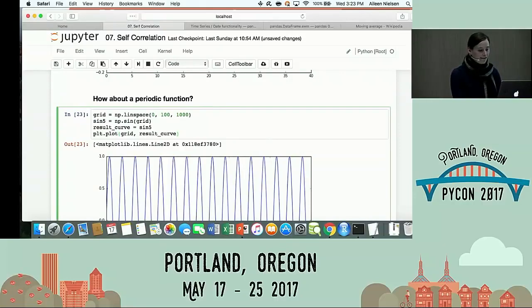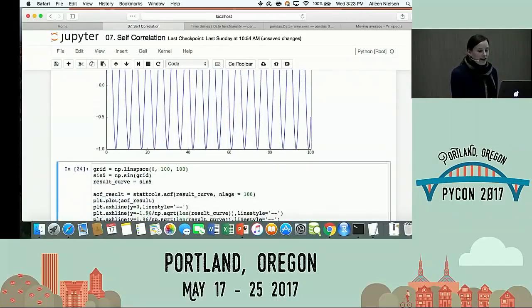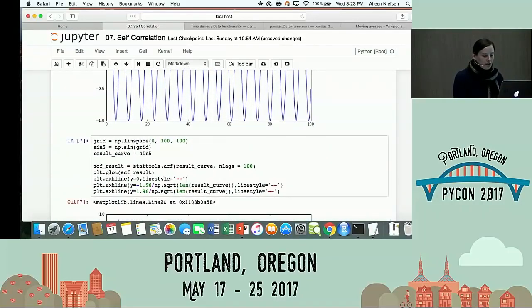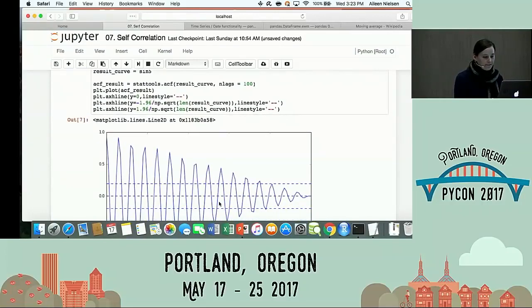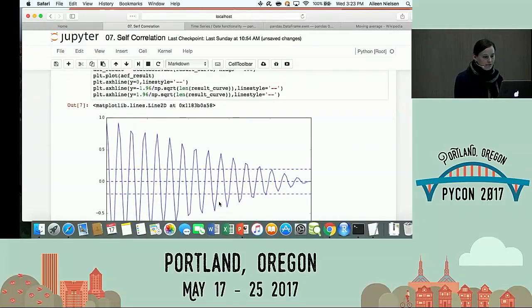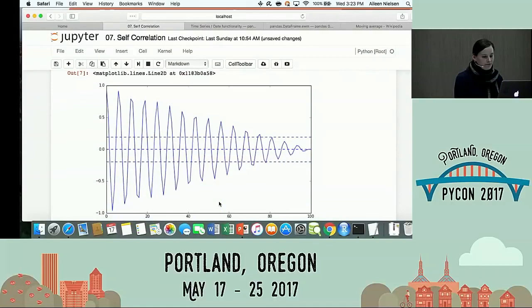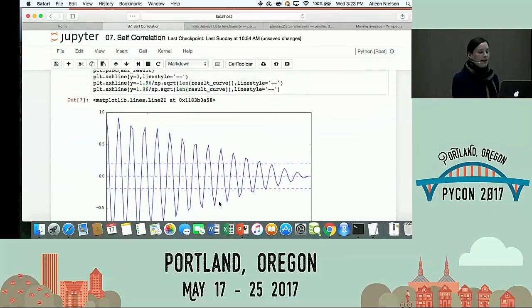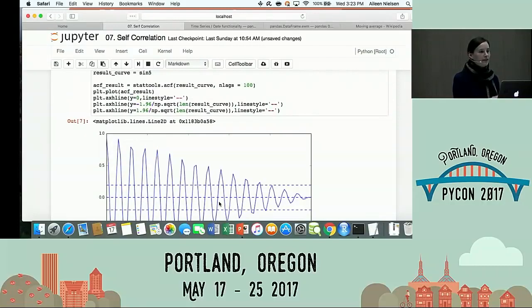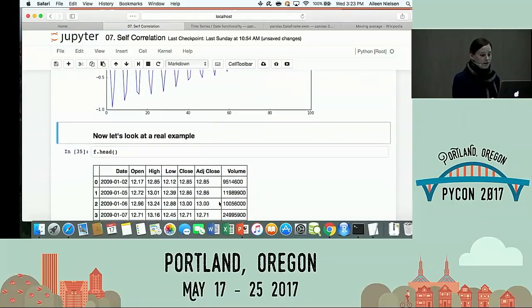What about a periodic function, though, right? So now let's look at a sine. Got a nice sine curve, and let's look at the autocorrelation there. And what do we see? It's like off the charts, right? And this is what we were already talking about, that if you have something that can be explained by a shorter time period, but you're not using your partial autocorrelation, you are going to see that sort of echoing out, right? Sort of infinitely, like you're going to still keep seeing significant correlation.